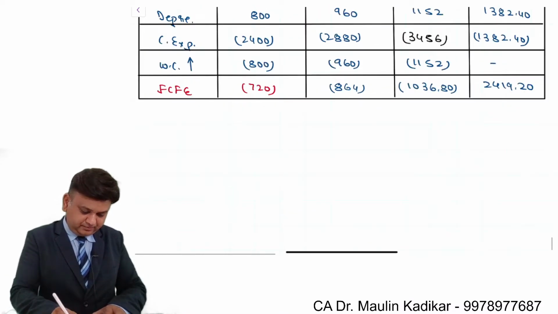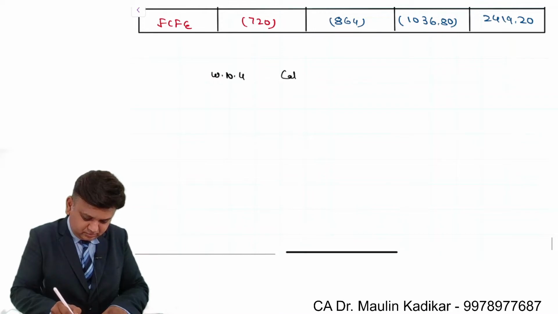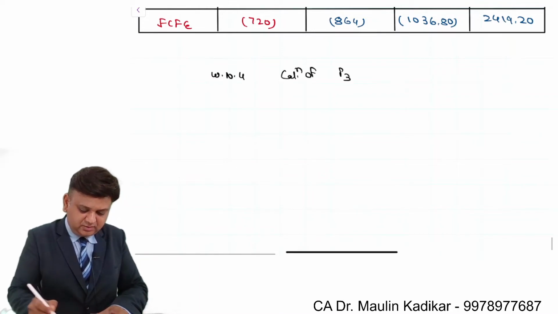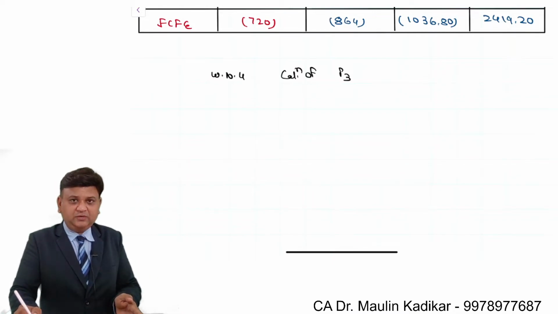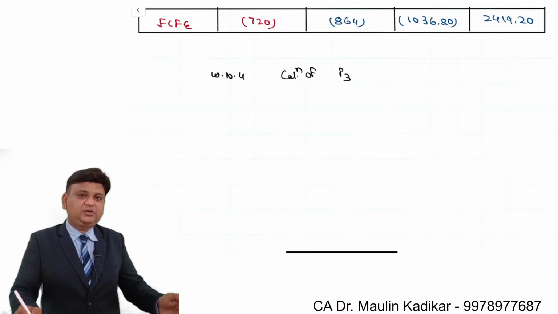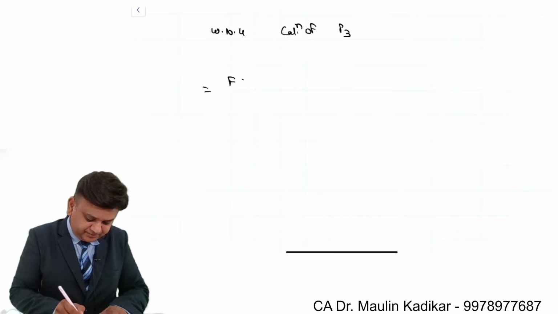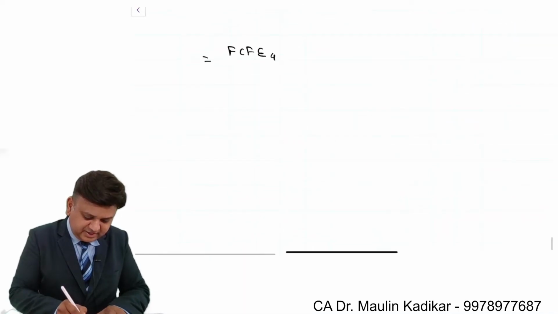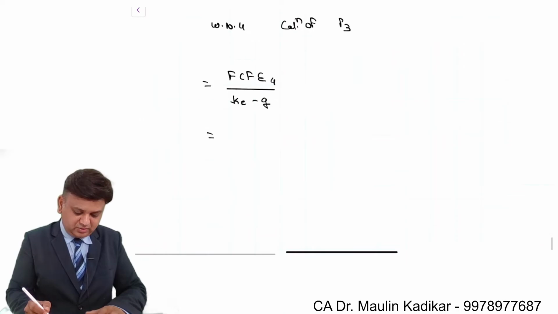Now working note number 4. Calculation of P3. What do we understand with the term P3? P3 means from fourth year onwards for perpetuity, whatever the cash flow that you are going to receive, all of them have been discounted to the third year end. So friends, we will be making calculation like this. Free cash flow for equity for the fourth year divided by K minus G. What is the fourth year cash flow? 2419.20